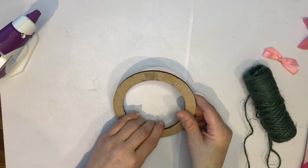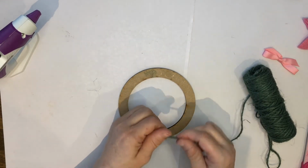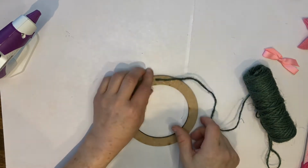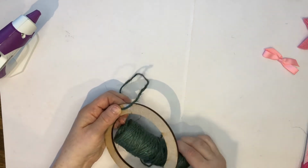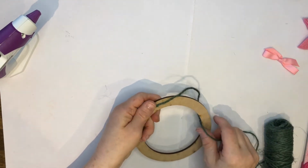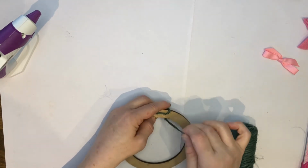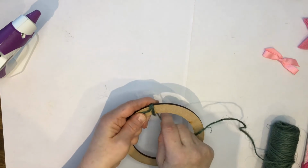Decide which side you're going to have as your back. I put a little bit of red liner tape here so that my cord has something to grip with. This is what I call garden store cord, so it's much thicker and more coarse than the cord you would generally buy to do crafting with. So I've attached my cord to the red liner tape and then I'm just going to wrap around my wreath,